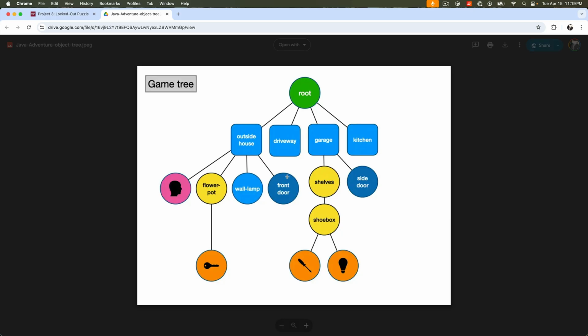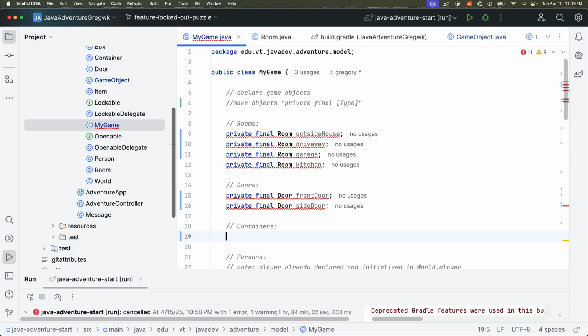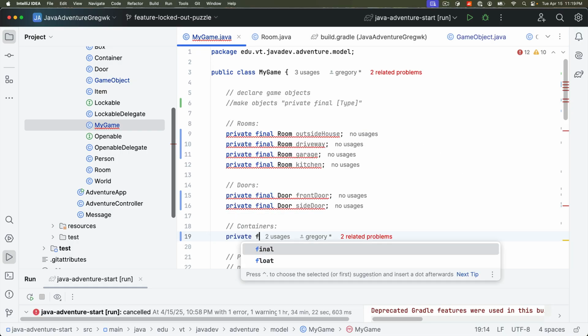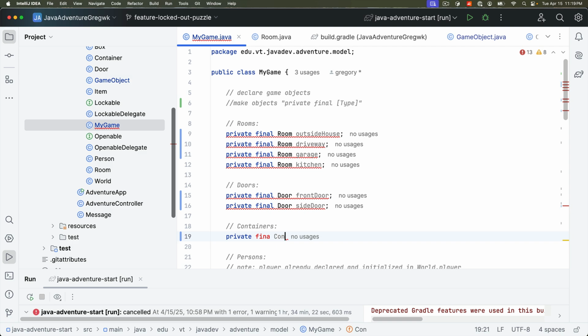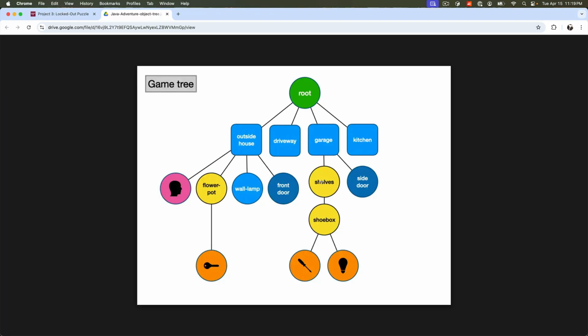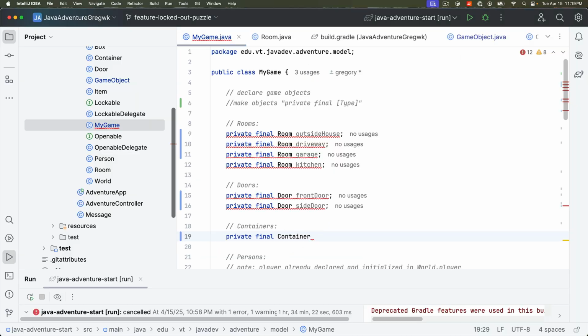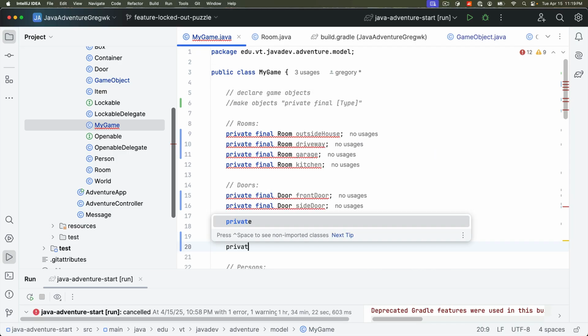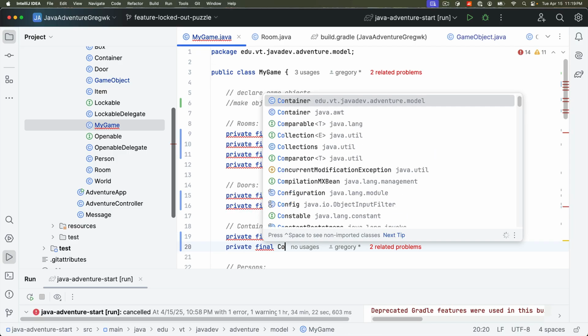Okay, the flower pot and the shelves, I'm just going to make a simple container. Okay, so containers are private, final, and I'll do the containers first. Final, container, what did I say? I said the shelves and the flower pot. Flower pot. Private final container